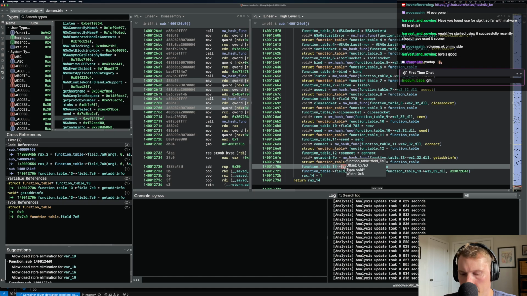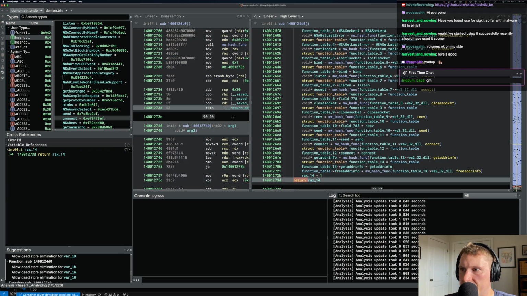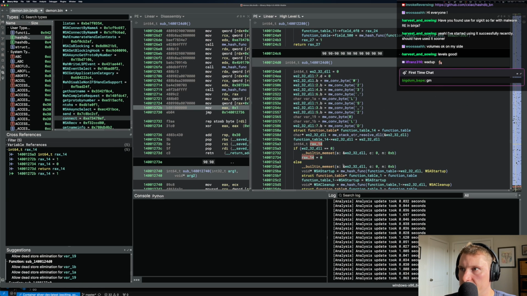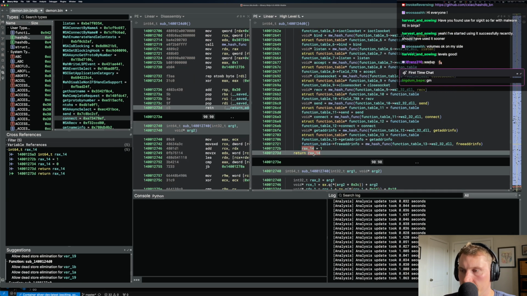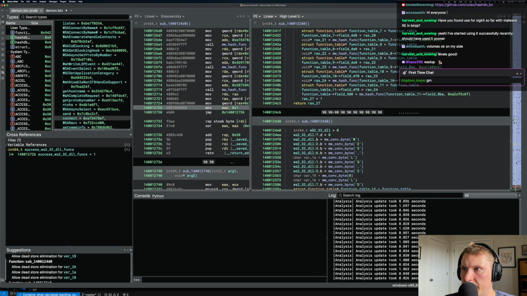Okay, almost done. All right, look at that. Cool, and then there's probably some boolean to say that it resolved all the hashes correctly. So let's say resolved WS232 funcs. Success or something. Okay. And we'll call this function